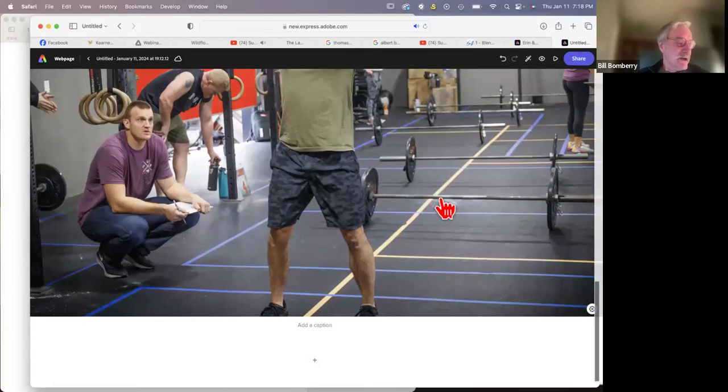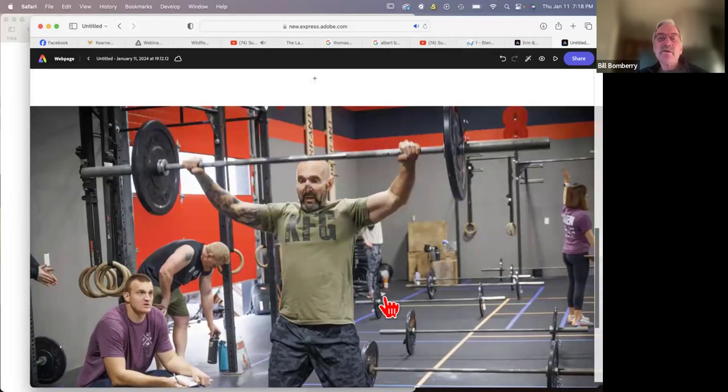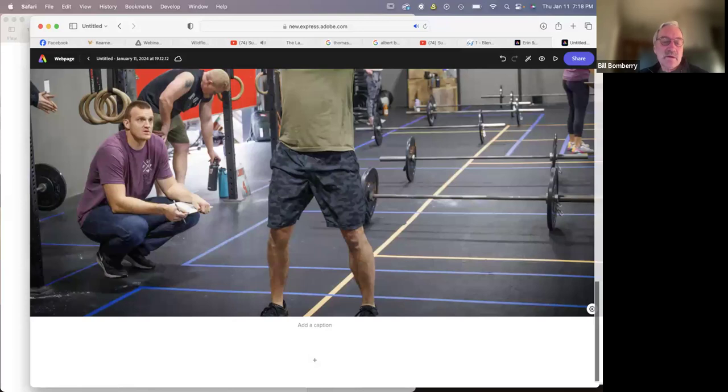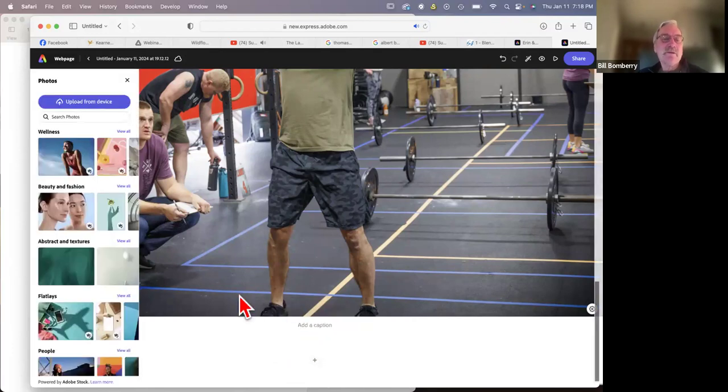And then, let's see. Oh, I've got to get this out of the way. Sorry, I had to move the zoom bar out of the way. And so now let's add another photo. And this particular one,